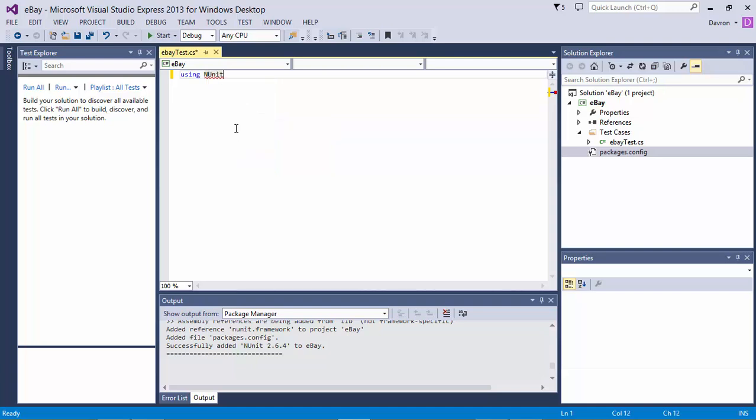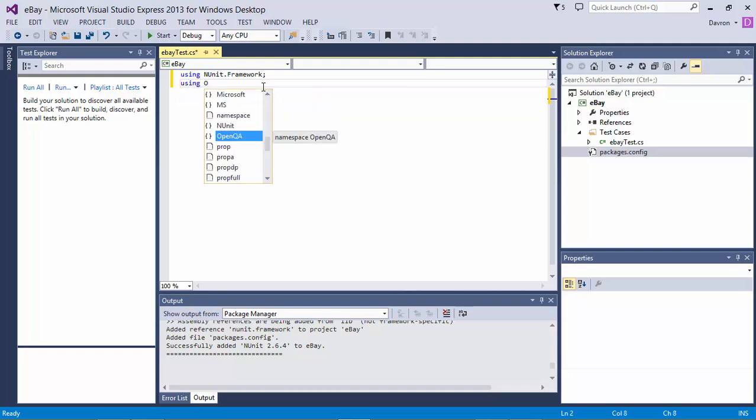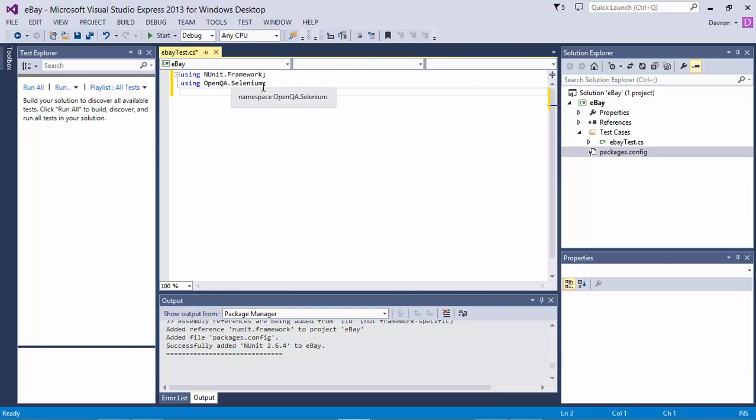So NUnit dot framework, and we need to close. Another thing we're going to need is Selenium. So we're going to go using OpenQA dot Selenium, and another thing we're going to need is a Firefox browser. So we're going to call using OpenQA dot Selenium dot